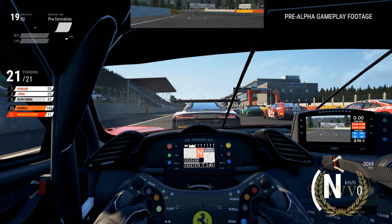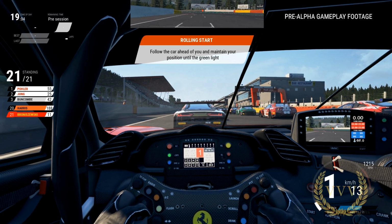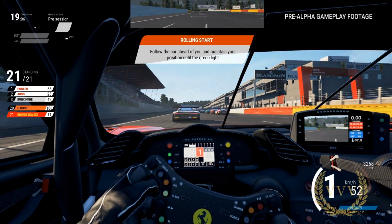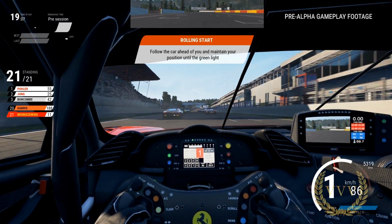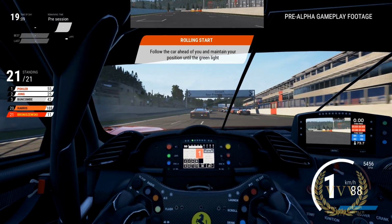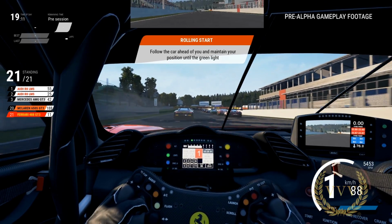But in the car then, and getting ready for the rolling start, so away we go, maintaining the speed until the start. So in this video then we'll be looking at the, I say, day-night, evening to night transition. I think this is one of the key events. We've seen the rain, now we're going to see the day-night transition,